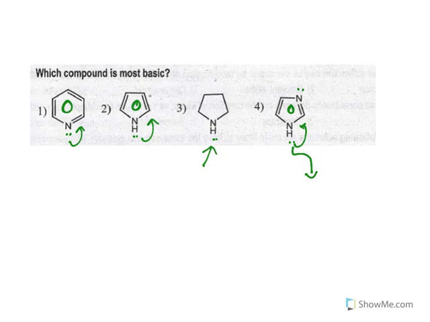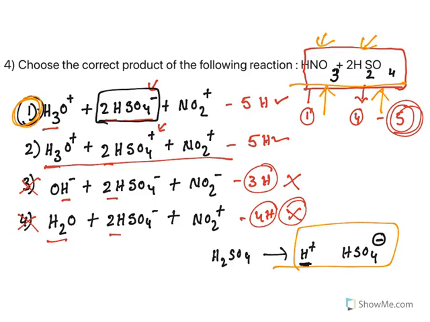But what happens to this one? The electrons can be readily donated, and this is the most basic. So this is the answer. Again, the concept is based on aromaticity. So this is how the aromatic concepts are being tested. This was asked in 2019 GPAT. See, every question I picked is only from GPAT. This is also from 2019 GPAT. So this is how your concepts are being tested.